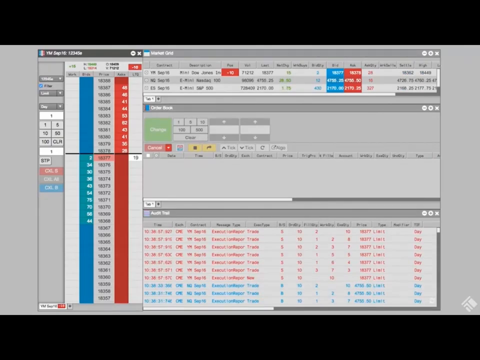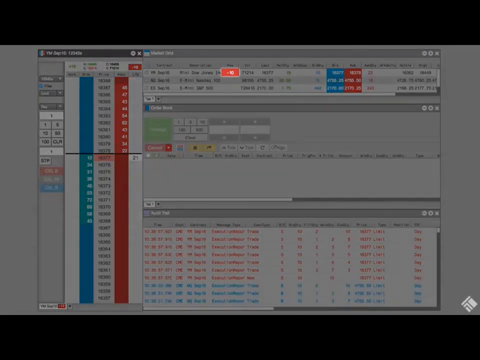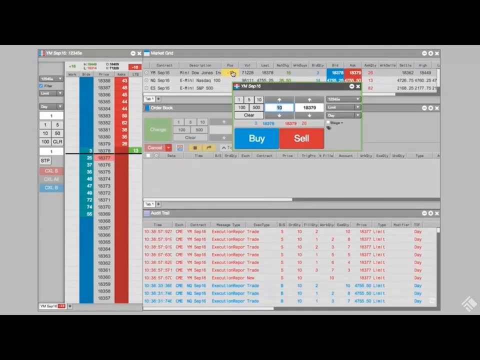We can also enter a TT OCO order from the floating order ticket. Here we have a market grid displaying several contracts. We have an open short position of 10 E-mini Dow futures contracts. We can click on the position to launch our floating order ticket with the quantity field populated with the size